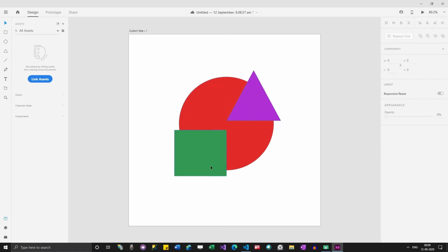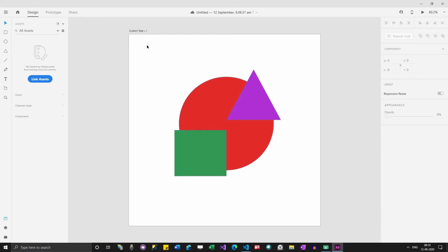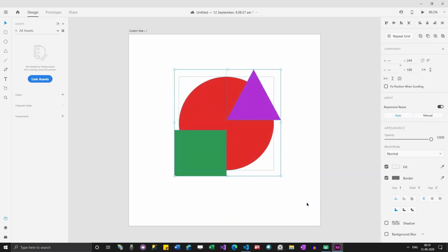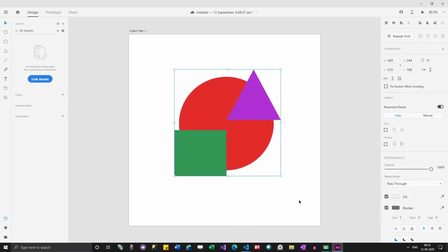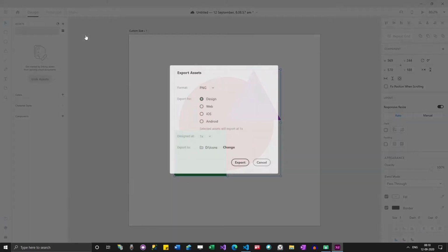Now what I need to do is group this. These are actually three separate objects, so I have to group them. For that, I just drag and drop like this, plus Control G on the keyboard, which will make them all a single unit. Everything is grouped together. Now I will select it again, go here to export, selected, and then go with design, and wherever I want to export, I'll give the path and then click on export.